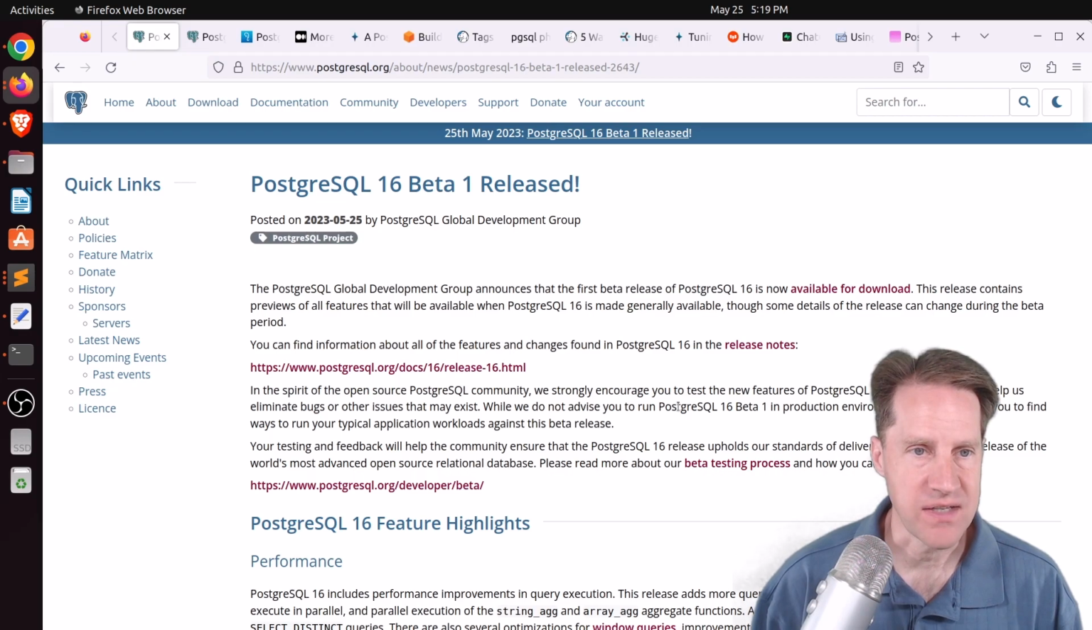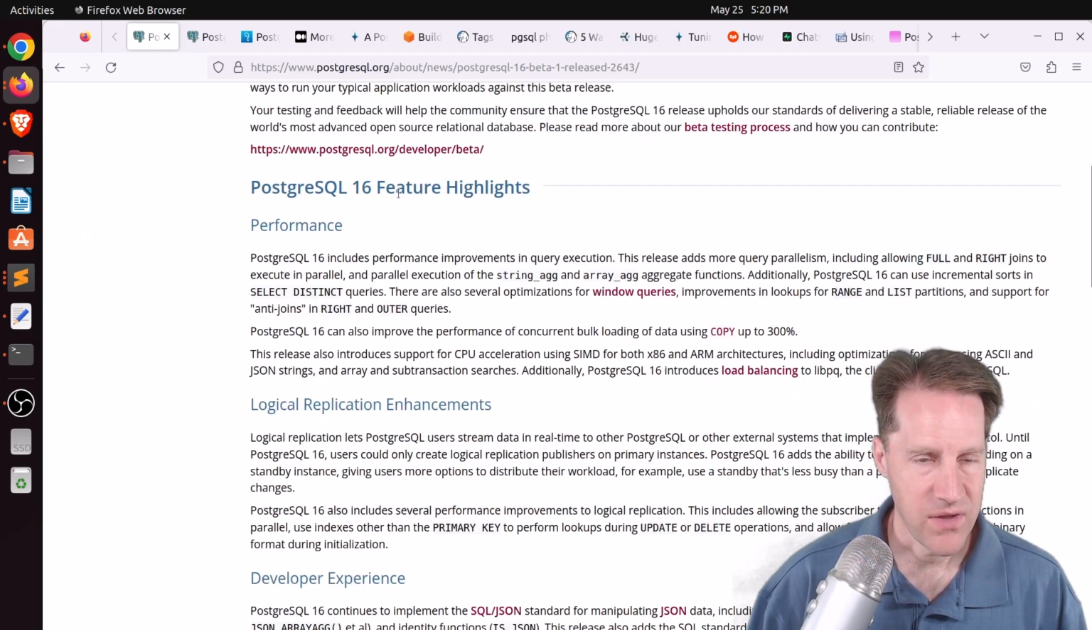Our first piece of content is PostgreSQL 16 Beta 1 released. This is from postgresql.org. They show a number of the feature highlights down here, a lot of areas with regard to increased parallelism for certain queries that it executes and aggregate functions. And it also mentions Postgres 16 can also improve the performance of concurrent bulk loading of data using copy up